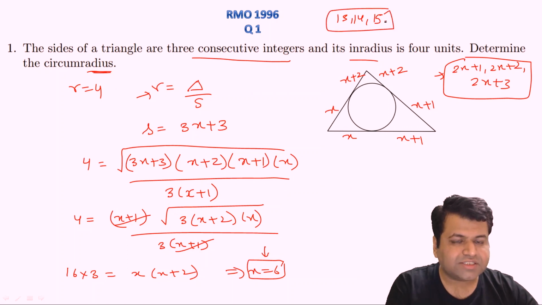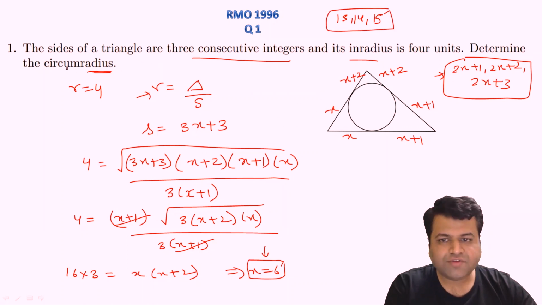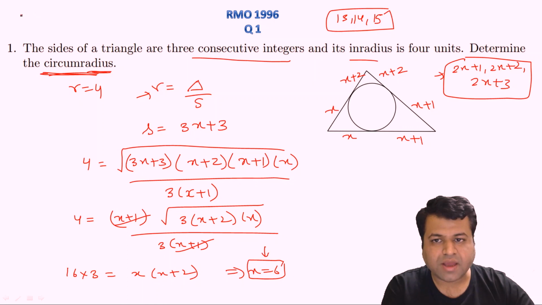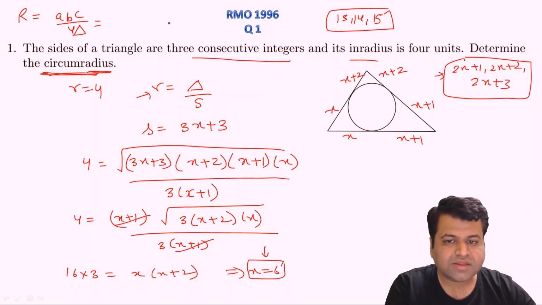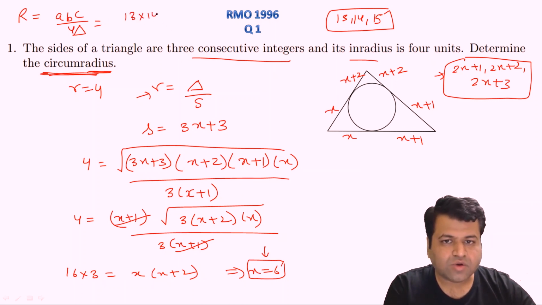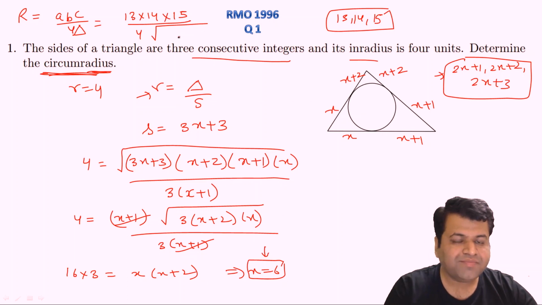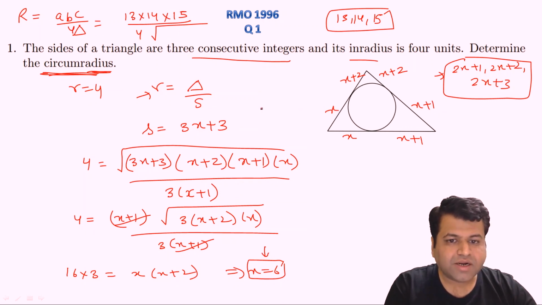These will be the sides, but in this question we are asked for the circumradius, right? Capital R. The formula for capital R is nothing but abc upon 4 delta, where a, b, c are again the sides of the triangle. So let's calculate the circumradius. That will be 13 into 14 into 15 upon 4 times delta. Delta we can again find by Heron's formula, right? So that will be nothing but s will be 21.